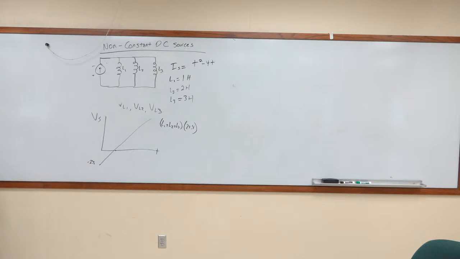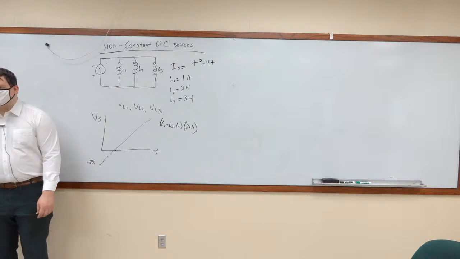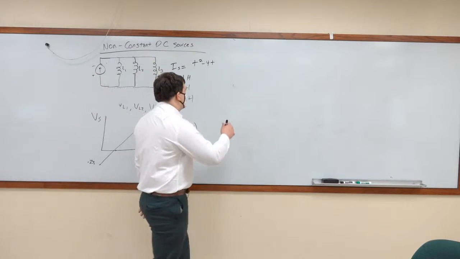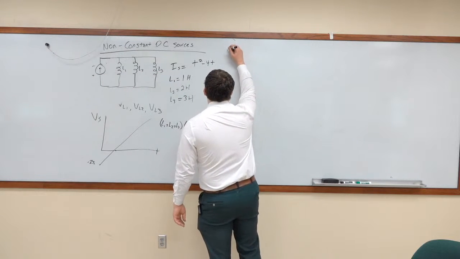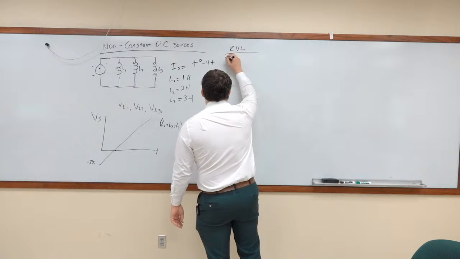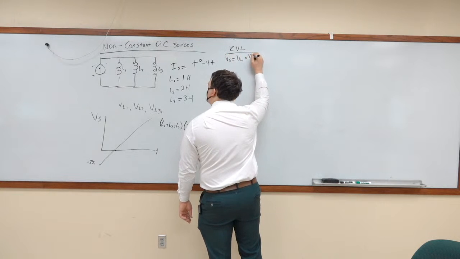But I did say it was in parallel, so I hope that I drew it correctly. Because they're in parallel, their voltages are all equal. Okay, so we know that if we do KVL, our Vs is equal to our VL1, is equal to our